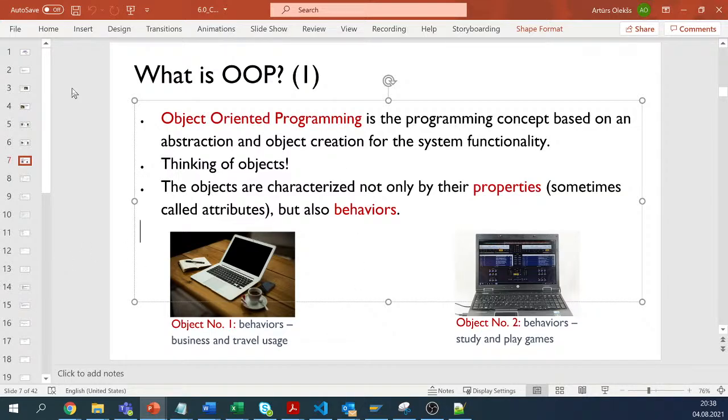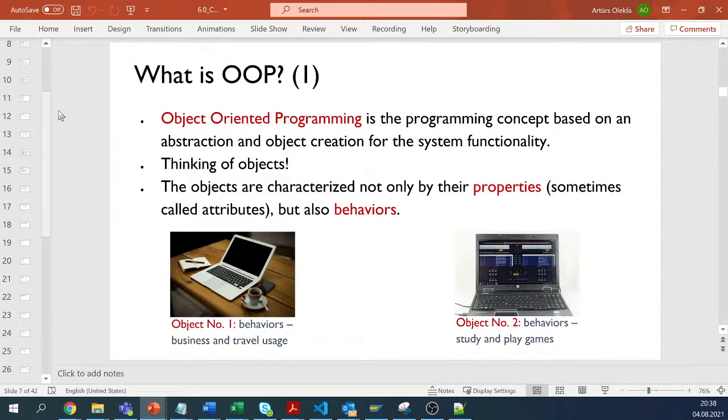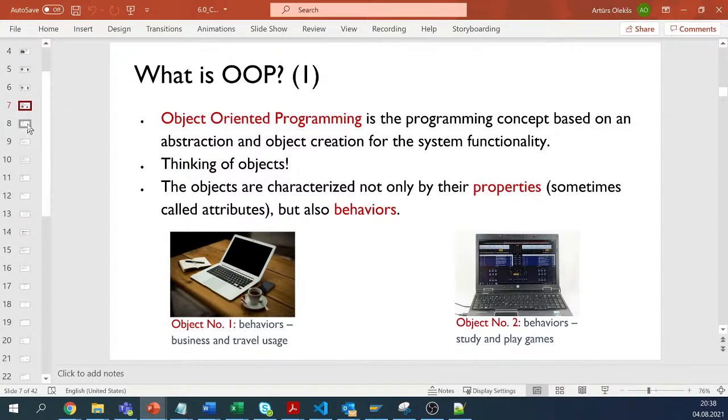So I recommend imagining every slide, the list of the slides, and the content of the slide as objects. That's not the definition, but if you imagine all these things as objects, then what I see here is